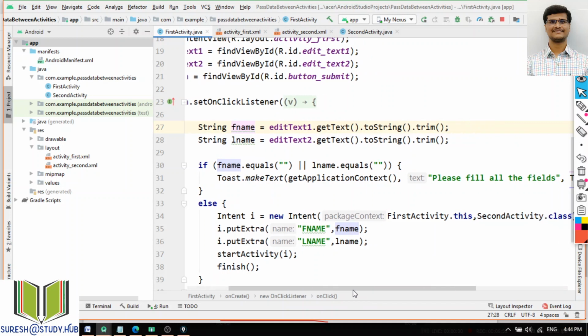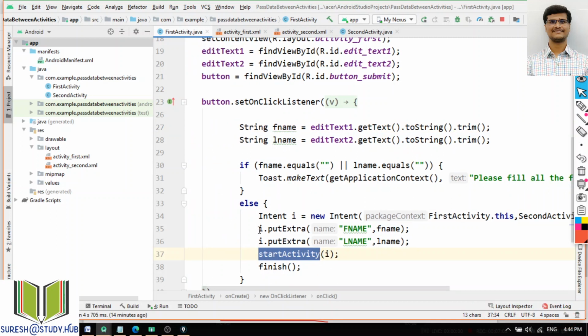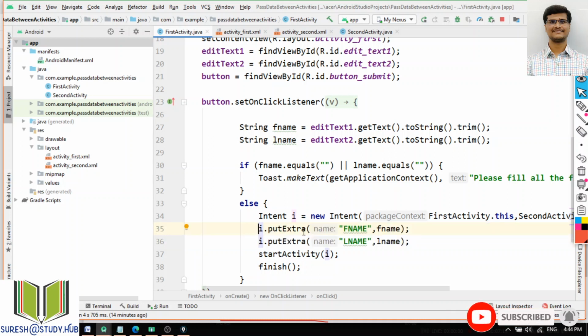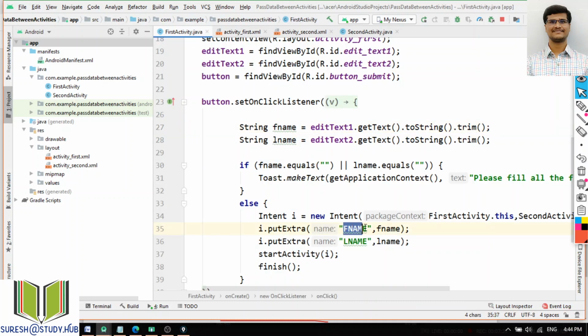And same logic, if I want to go from one activity to another activity, then I have to create this intent object. So for this, Intent i equals new Intent. This is the first activity name, and this is your second activity, and I am starting the intent. But before doing that, I am storing these values. Within the intent only, by using this putExtra method, I am storing in fname whatever name I am getting, right? Whatever data you entered over here, the first name, I am storing in the fname variable in the intent using the intent putExtra method.